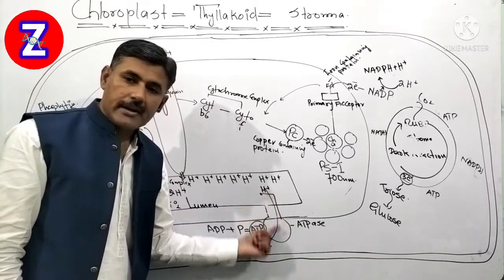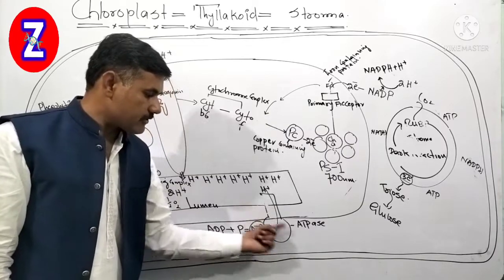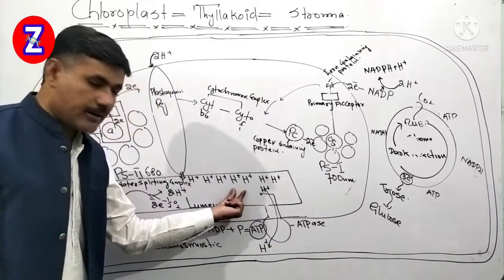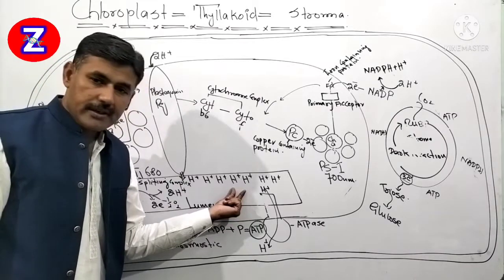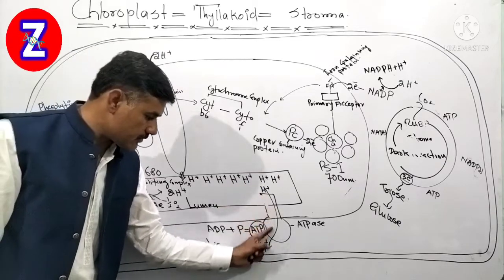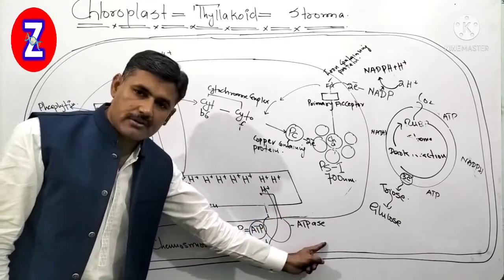This structure is called the ATPase complex that works with the help of the ATP synthase enzyme. And when protons move by osmosis from higher concentration to lower concentration in the stroma,